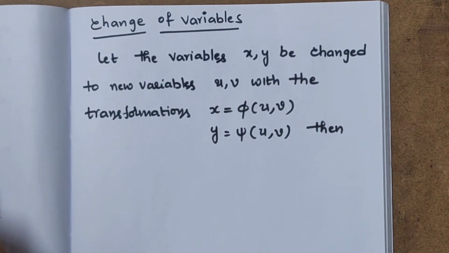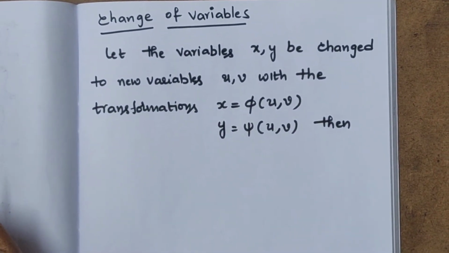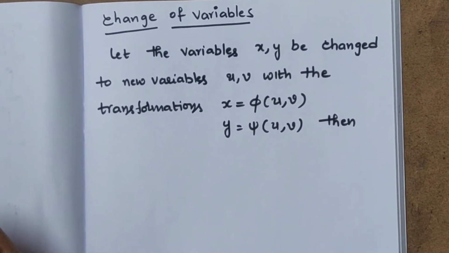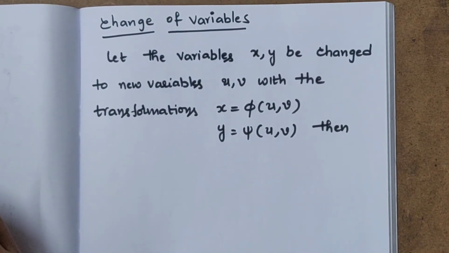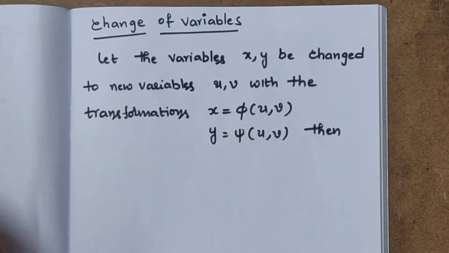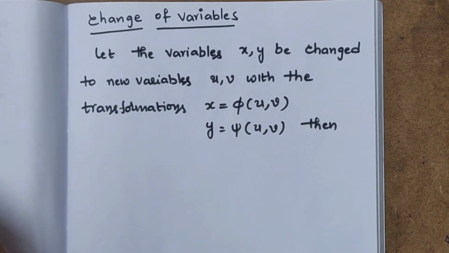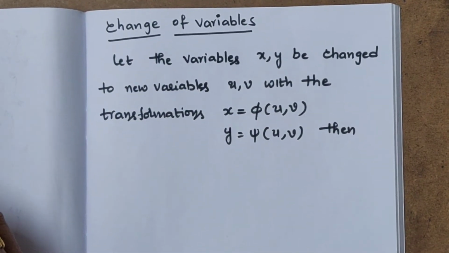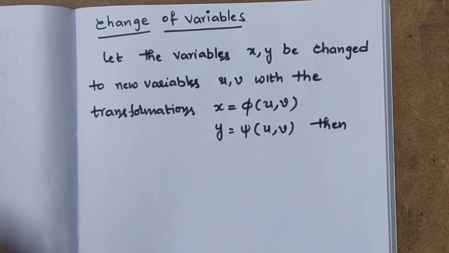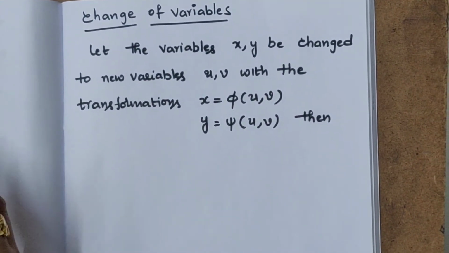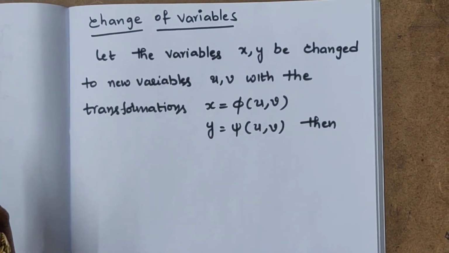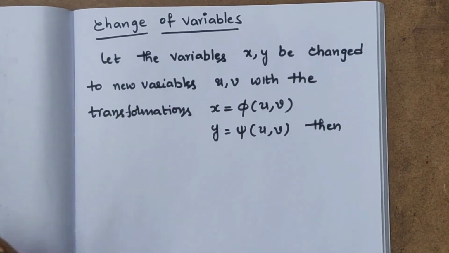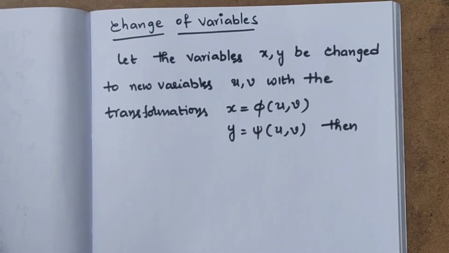Here we have two types of variables, Cartesian variables and polar variables. Up to now we did the evaluation of Cartesian double integrals as well as the evaluation of polar double integrals also. While doing these double integral evaluations, sometimes we feel easy with the polar double integral evaluations. So, if you change the Cartesian double integral to the polar integral, we feel easy in the evaluation of integrals. That's why the change of variables topic is introduced.